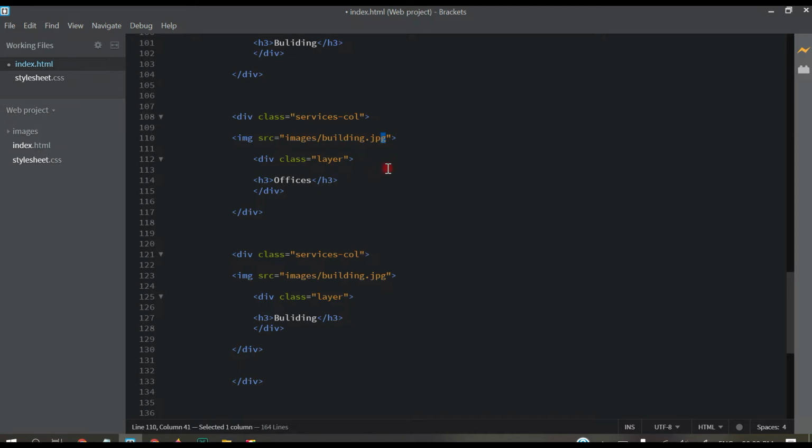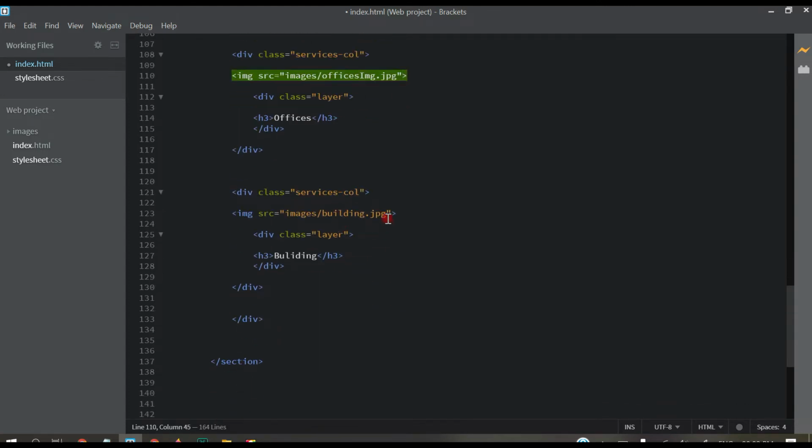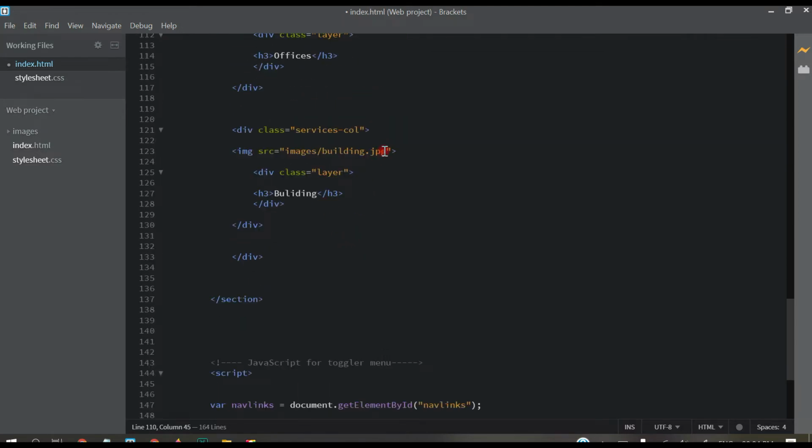I have downloaded one image for each div. You can download them from the internet and crop them to the exact dimensions, or I will provide you all these images in the description, no problem. So now change this image to the offices image, and then change this image also, and the next one also.